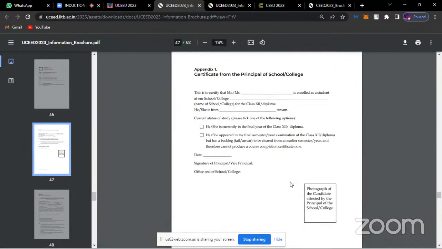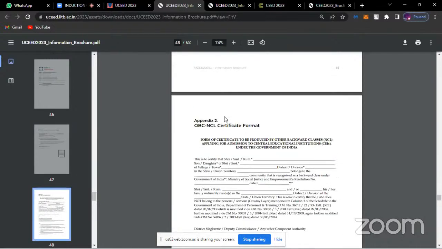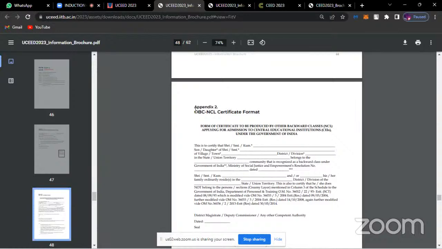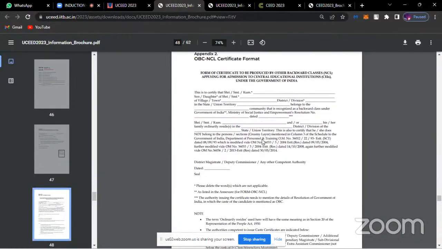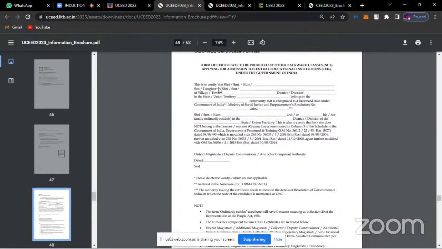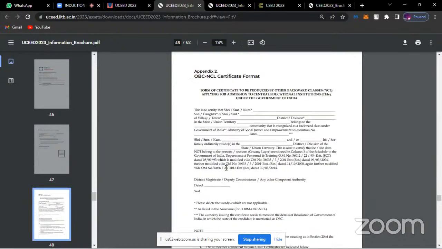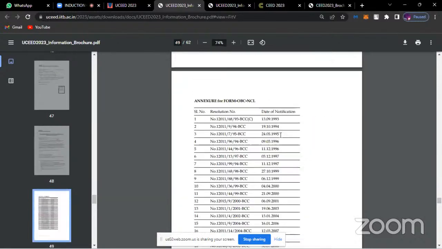For each and every examination, we will be releasing a video of how to do the registration process as well. When you're talking about reserve category certificate formats, for each and every reserve category, they have given an example of how exactly your certificate should look like. What all information should be there. These are very important. Your certificate should be signed or sealed by any of these authorities. It usually comes under Government of India. So take care of these.